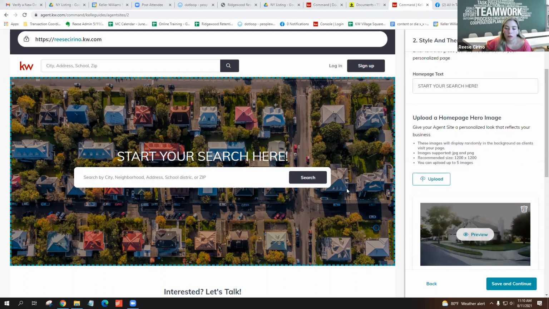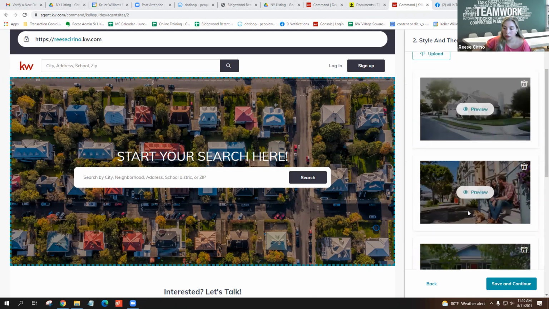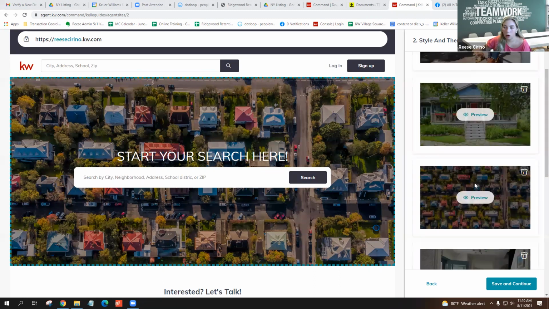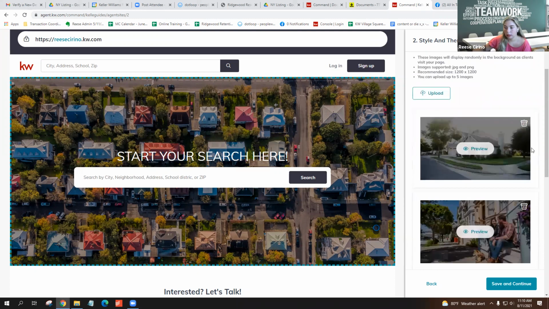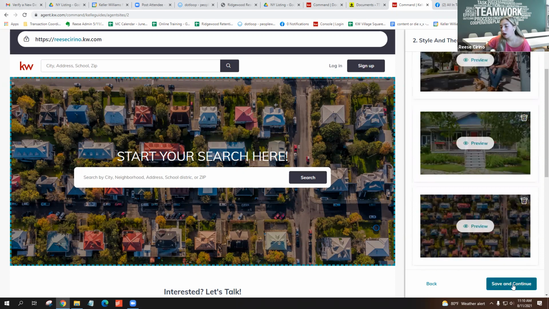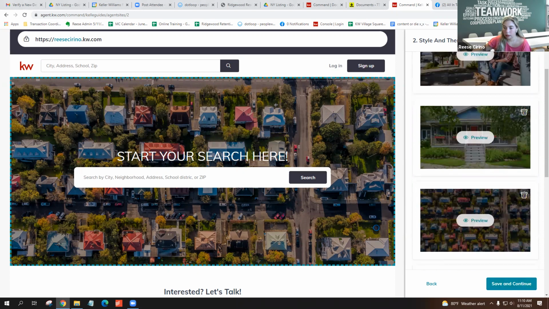They have stock photos already and it goes on a carousel, so you can leave those, and if you ever need help uploading, you can upload your own photos as well. So you can click upload and you would just choose the photos from your computer, but you would have to delete one of the stock photos first to upload a new one. If you click Save and Continue again,